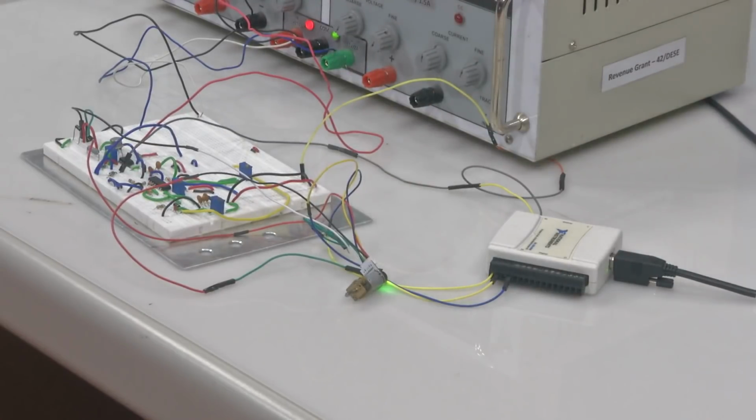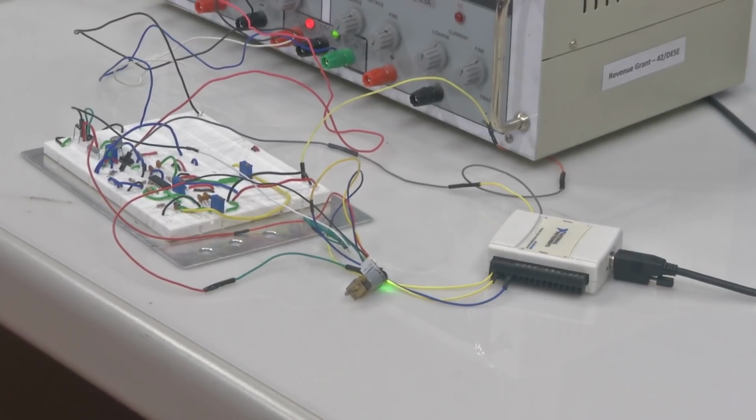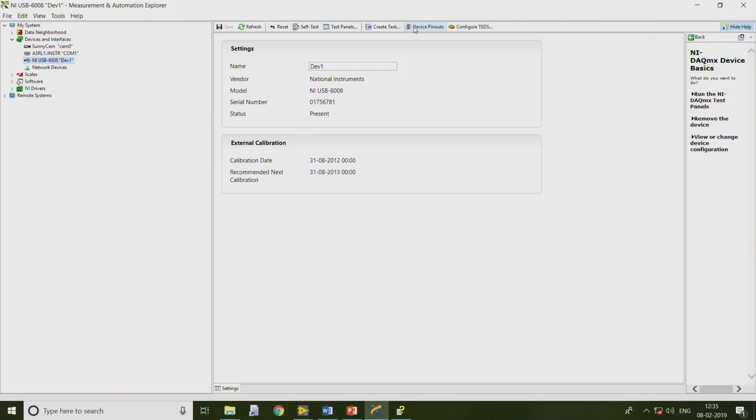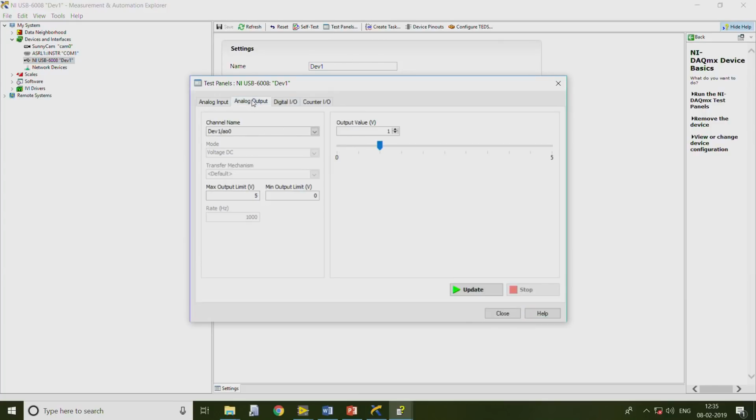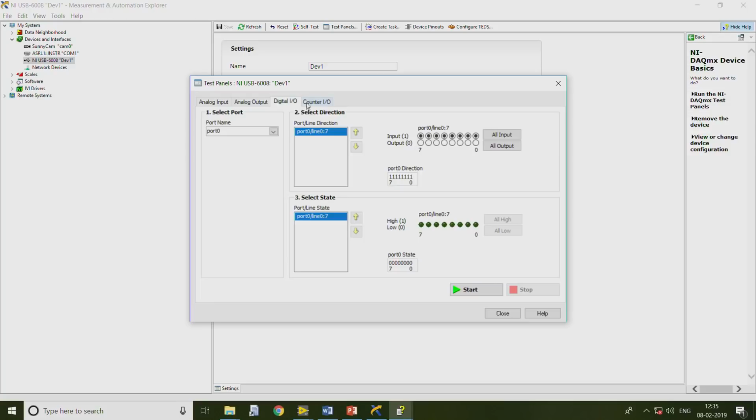To understand whether it is counting or not, I will create a test. I will open test panels. Since everything is powered using the USB DAC, I can provide an analog output of 1 volt. So, let me update. Then I will go to the counter input.